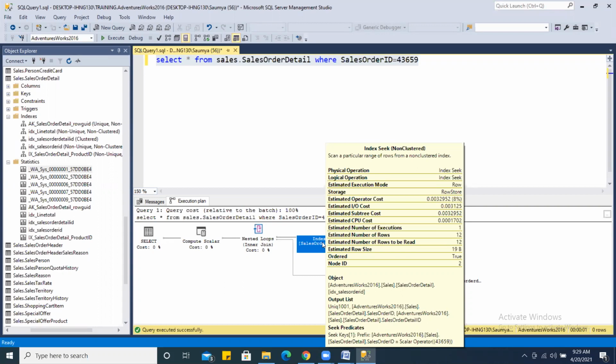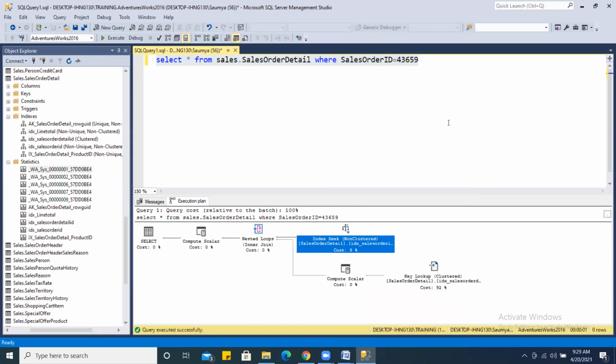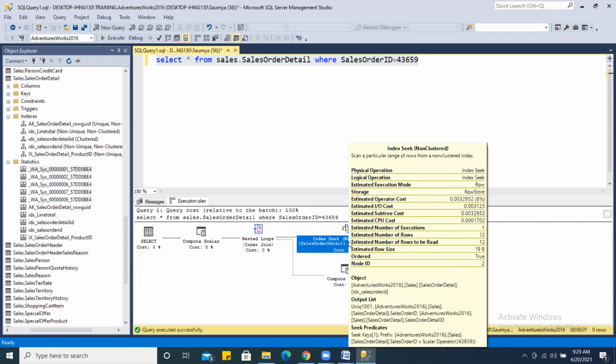And the query optimizer did it with the help of statistics, right? So what index has it used? It has used a non-clustered index. Under the Object section, you can see the IDX SalesOrderID index.